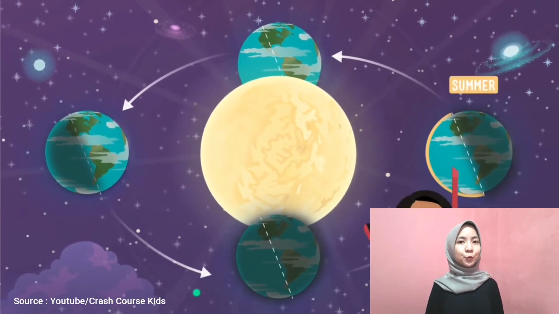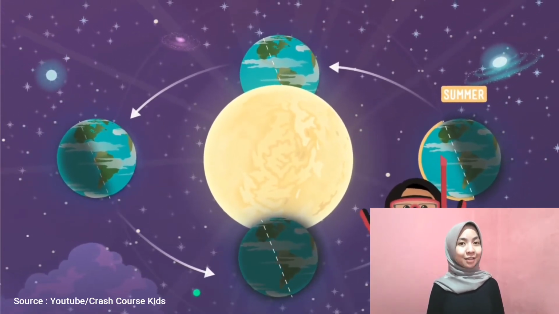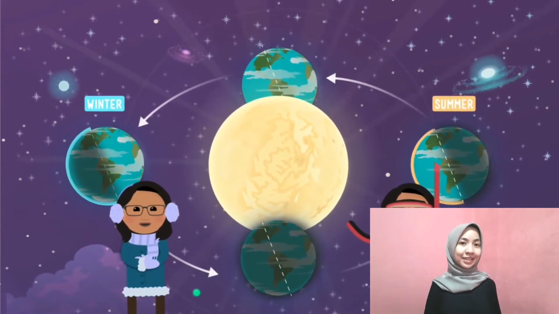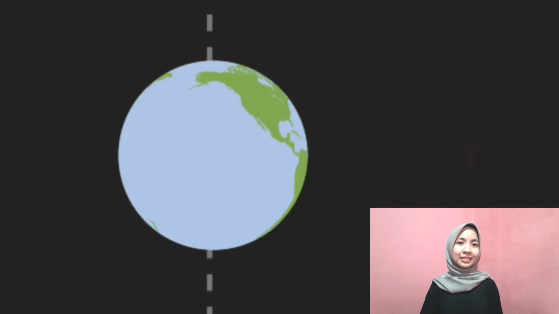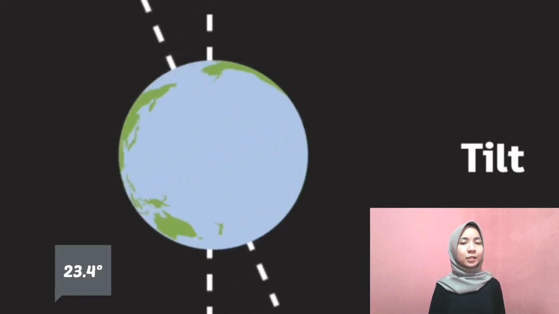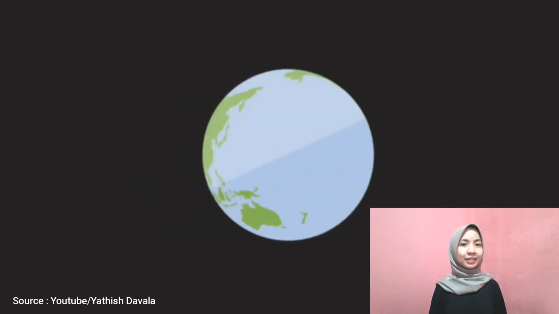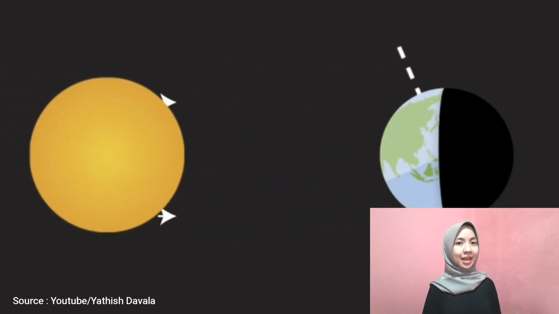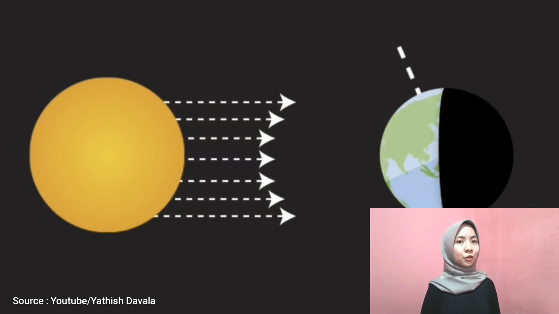When the Earth's axis points towards the Sun, it is summer for that hemisphere. When the Earth's axis points away, winter can be expected. Since the tilt of the axis is 23.4 degrees, the North Pole never points directly at the Sun. But on the summer solstice, it points as close as it can, and on the winter solstice as far as